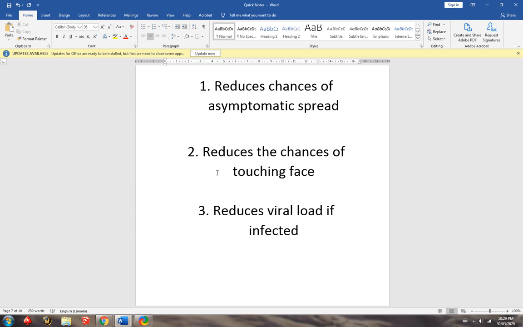Number 3, this one's slightly more complicated than the other two, but is still rather logical and rather simple. We're trying to reduce the viral load in the case that we do get infected. N95 masks are designed to stop anything from getting in, so they eliminate the viral load. We can't do that. We don't have enough of them. We need to send them to the people that need them. What we can do is reduce the viral load if we do happen to get infected.